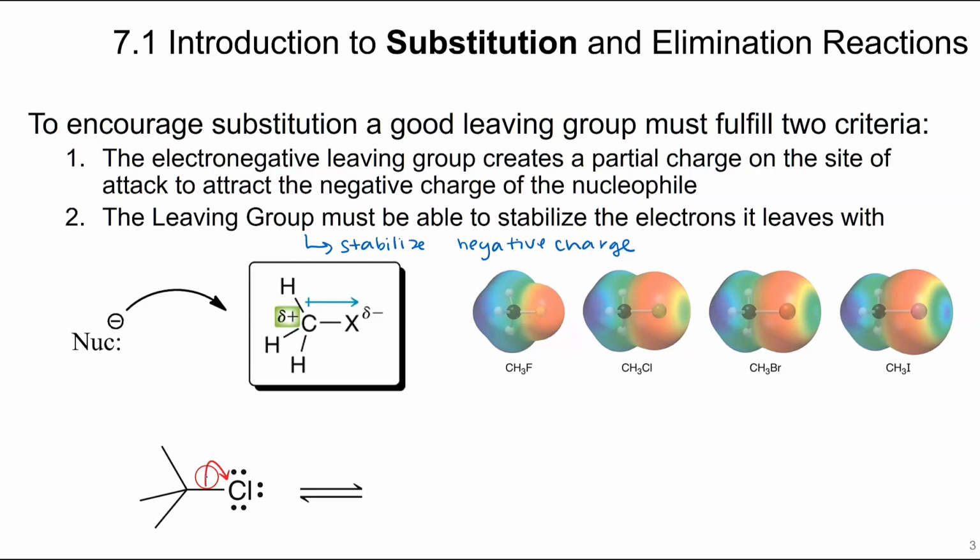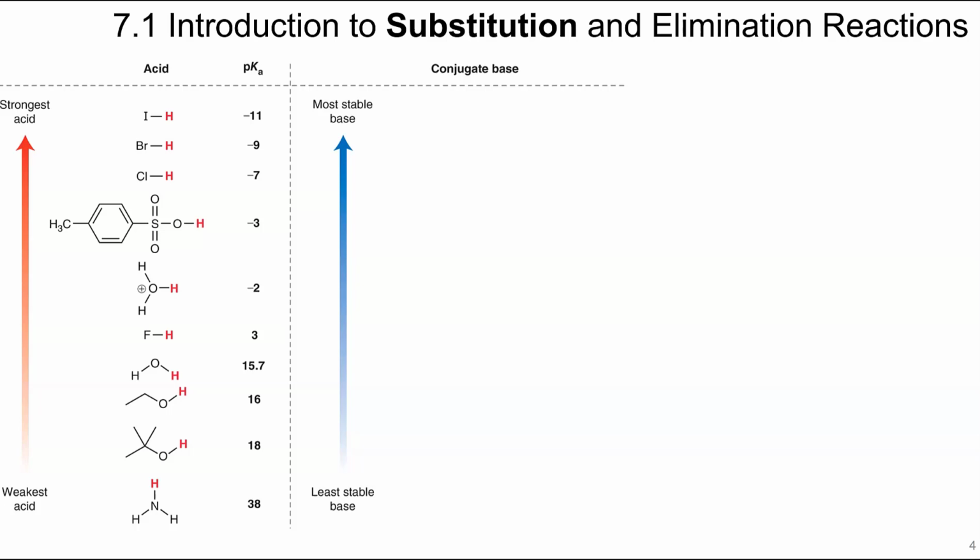So in this case, we have the chlorine leaving. That would form this and the Cl-, which is stabilized because chlorine is an electronegative atom. What you can see in this electrostatic map with the fluorine, chlorine, bromine, and iodine is that as the size of the atom grows, it can better support the charge because of the size of the molecule. Really good leaving groups are conjugate bases of strong acids. The strongest acids are HI, HBr, HCl, and tosic acid. So the best leaving groups are I-,